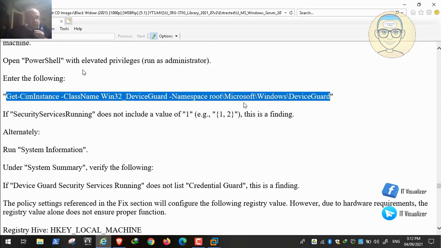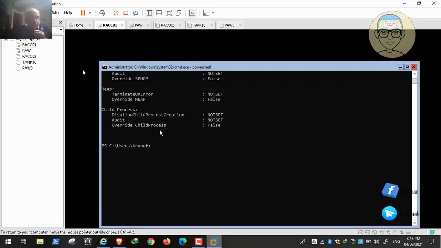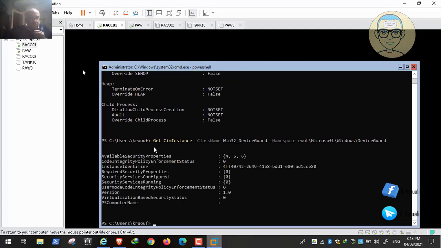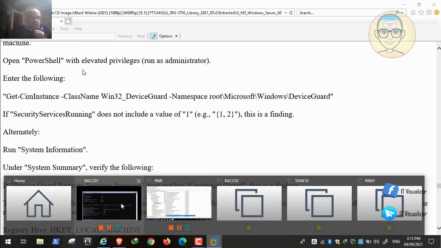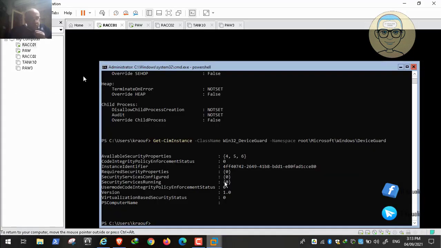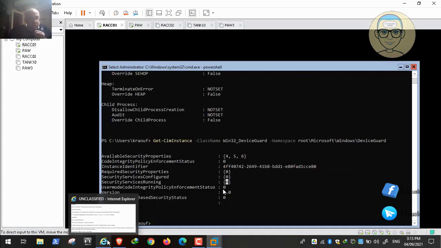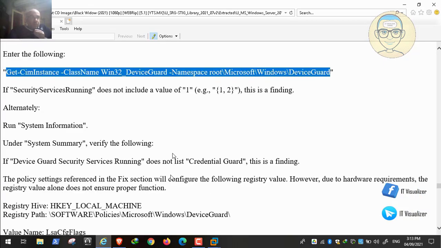So let's go and see it. We need to go to the domain controller, run the command and press enter. We need to see if we have Credential Guard up and running, and Credential Guard will not run unless virtualization-based security is running. Here we can see that the security service is 0 and virtualization-based security is 0,